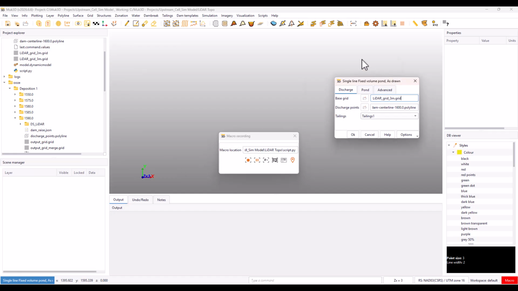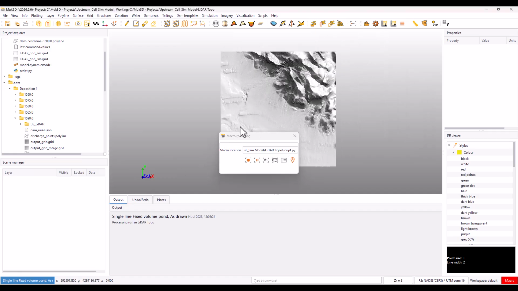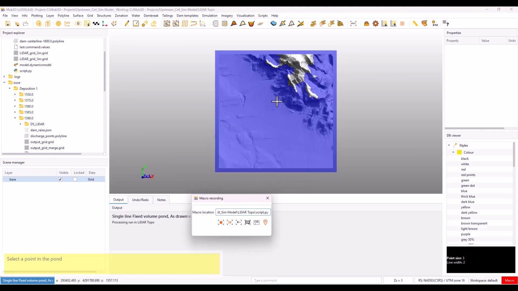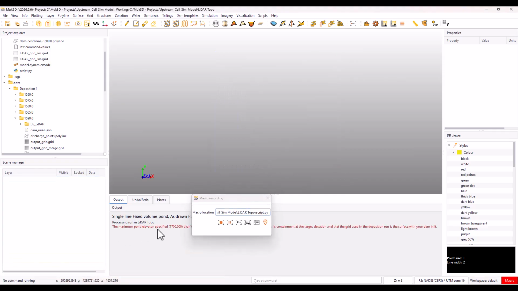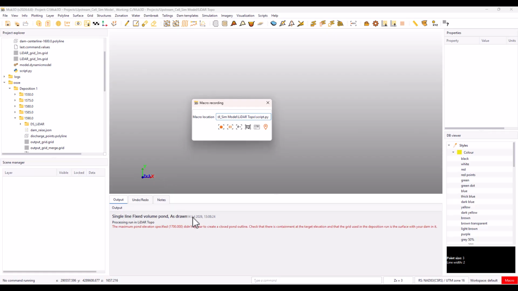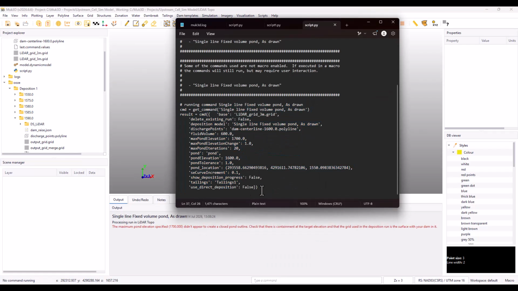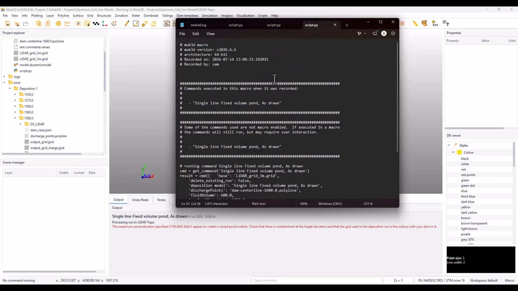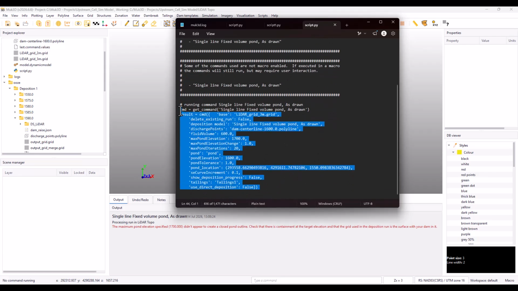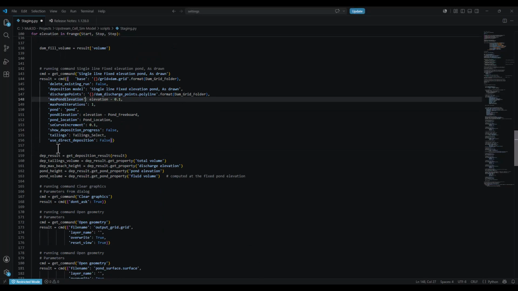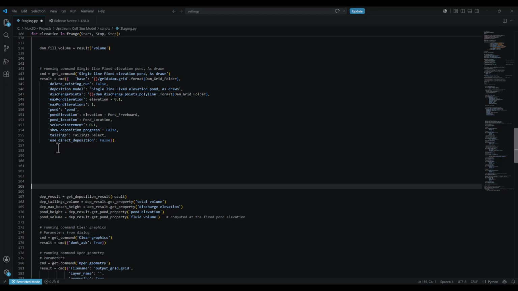Alright, I'm going to hit OK here. I'm still recording. I'll just pick a random spot. It did not run. My inputs were erroneous, but if I pause this now, I can see I still have the coding that I need. No APIs to import up top. I'm going to take this piece of code, go back to my main script, and I'm just going to paste this under